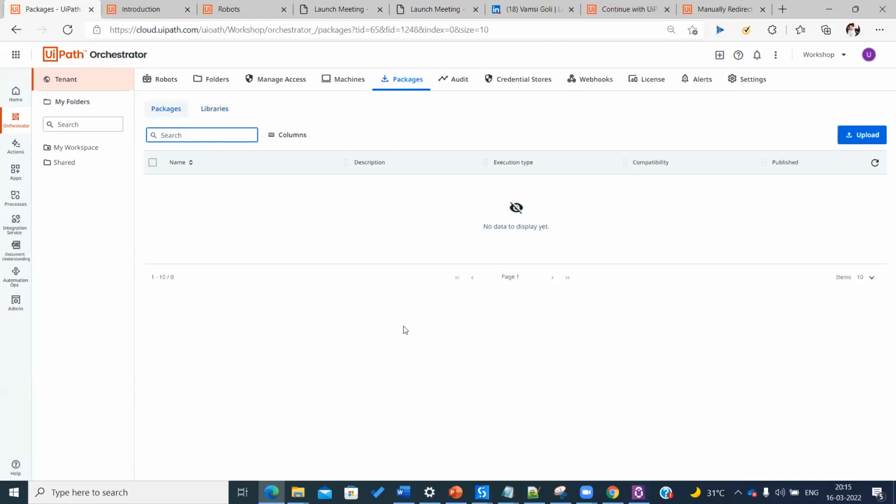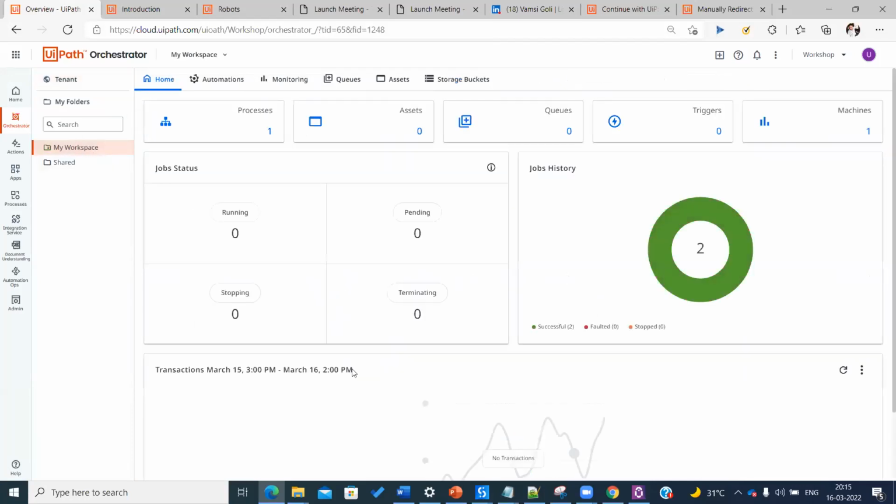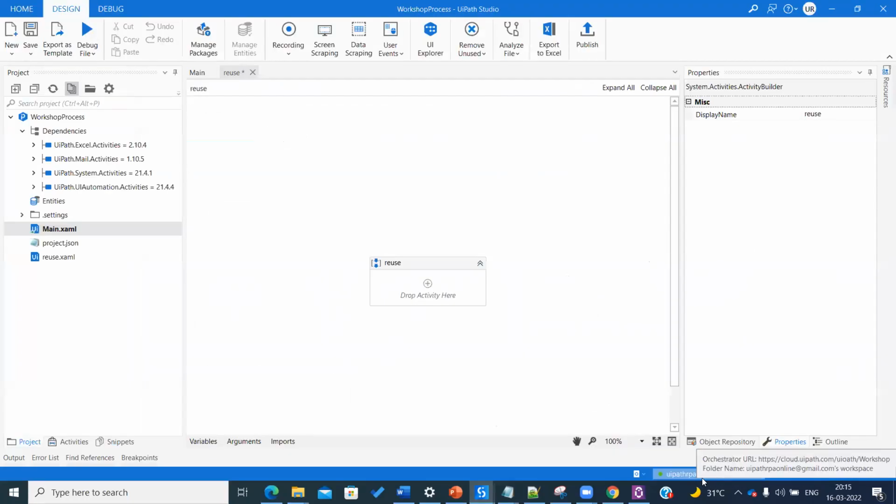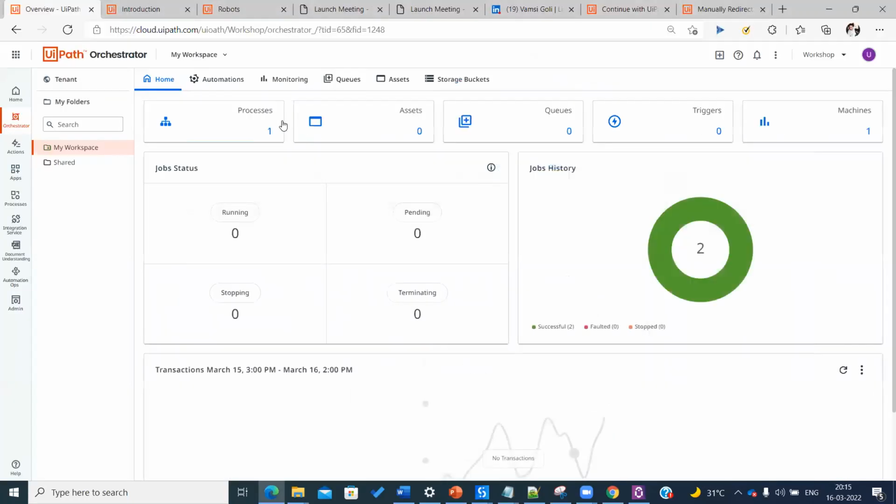Other than that, this is the package. Whatever packages you are trying to add, if we are doing it with this particular folder, because if you see here, UiPath RPA, this is the folder. So you have seen that package directly coming into this folder. But other than that, if you want that particular package to go directly into that process, then that's a different thing where you can move that package to the tenant.